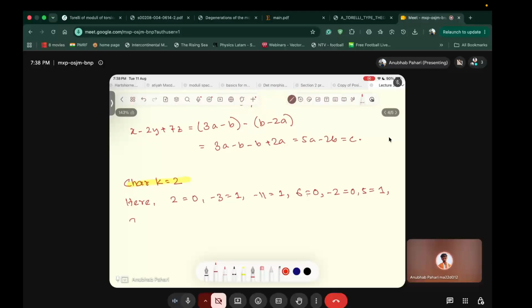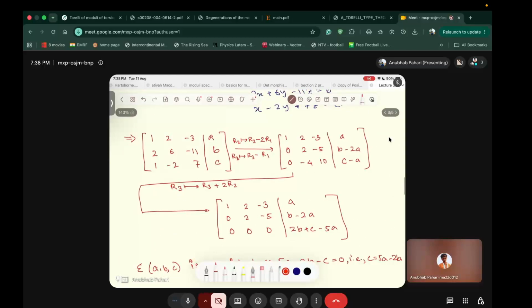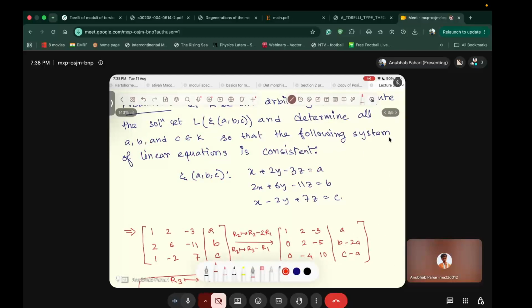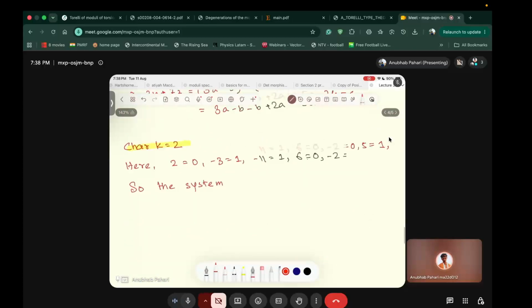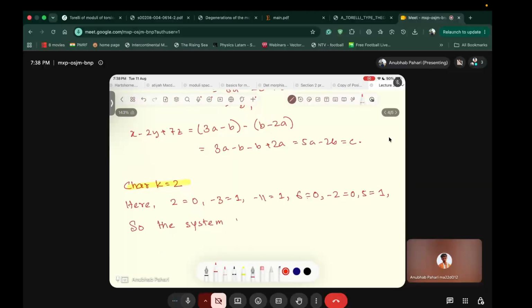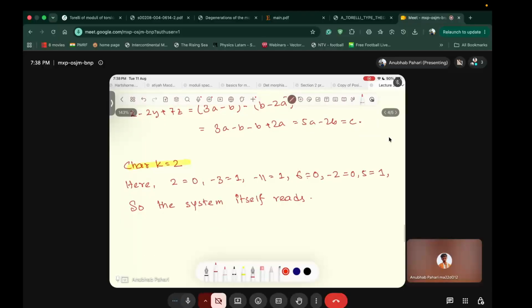So the system actually reads as x plus z equals a, z equals b,